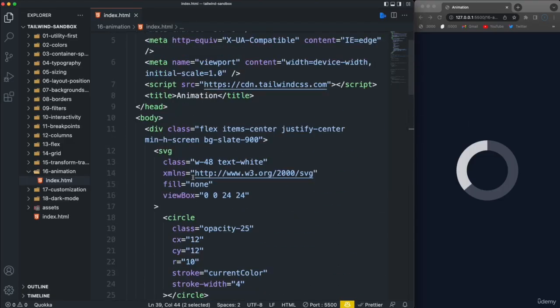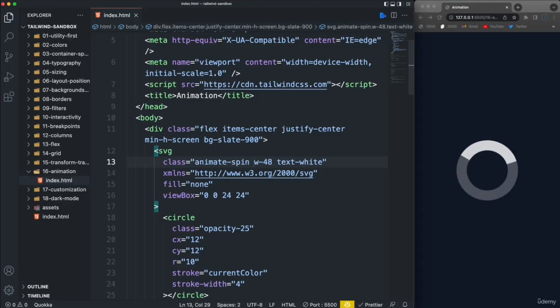So let's apply one of these. I'm going to apply this to the SVG itself. Let's say animate-spin. So just doing that will make this spin. All right, so we also have pulse. You probably wouldn't do that with a spinner, but it's going to be the same effect on whatever you